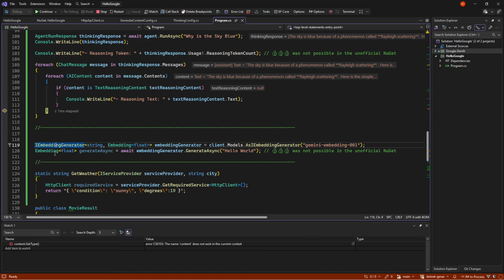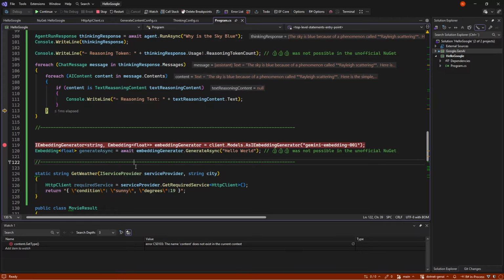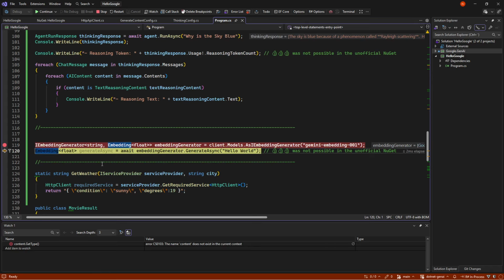The final thing that is now possible is embeddings. The old one didn't support IEmbeddingGenerator. The new one does, so that's really nice. And I will include an embedding generator factory for Google once we have this NuGet package. Let us get down here. So we can now embed using their embedding models.